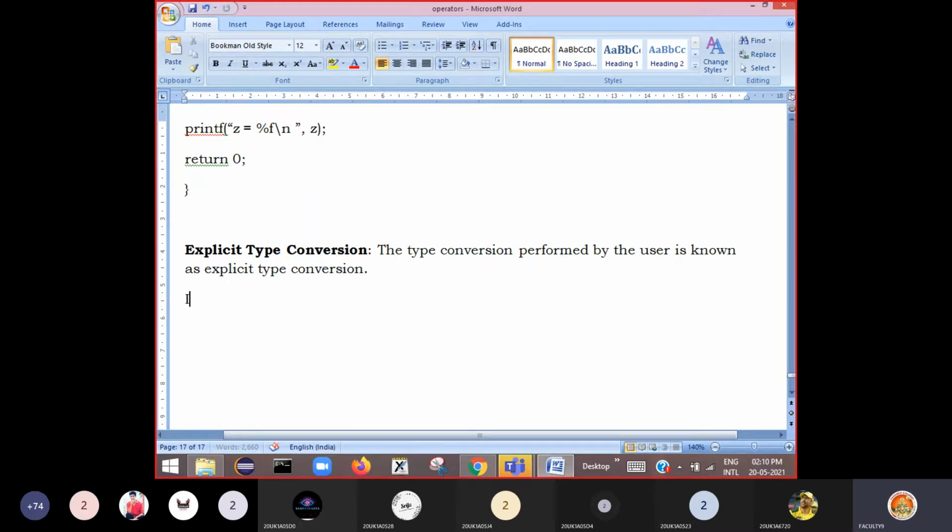It takes the following form. This is how we need to perform explicit type conversion in the program. We have to write the type name within parentheses, followed by some expression that we want to convert, and end this with a semicolon.